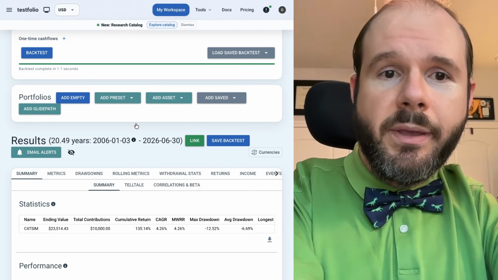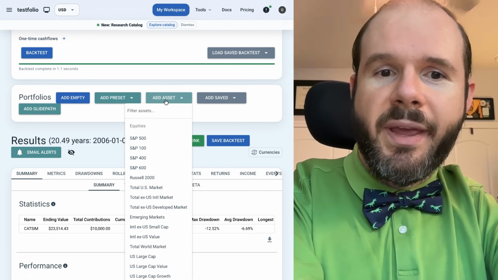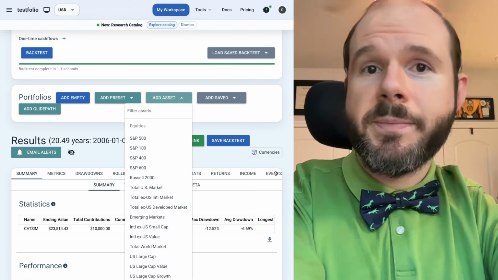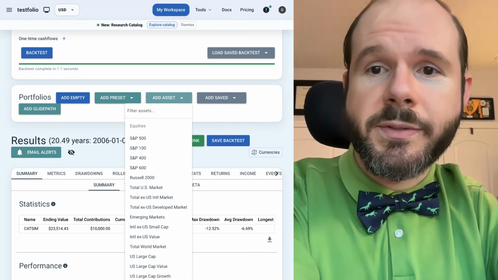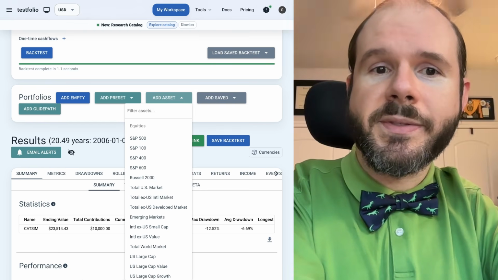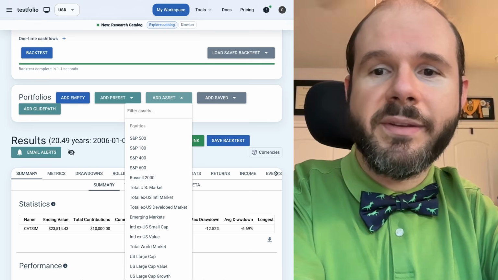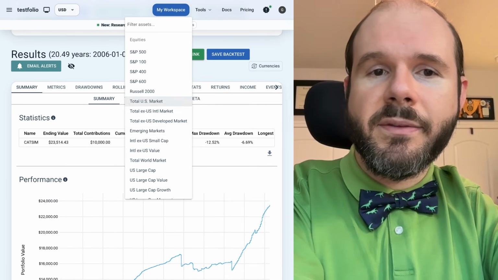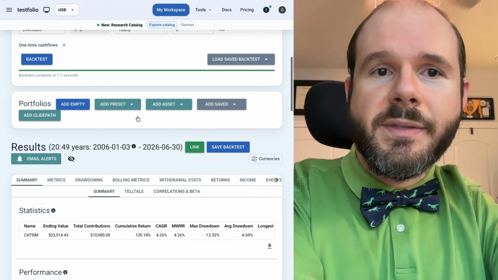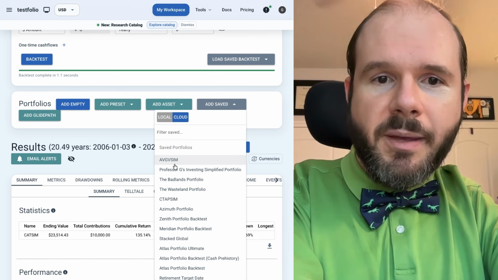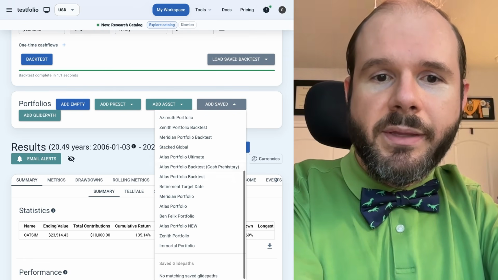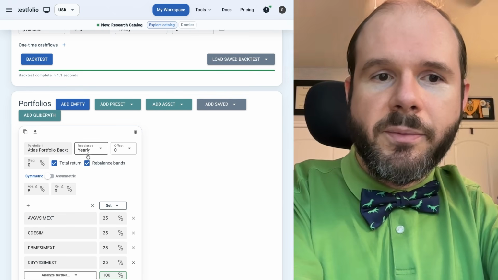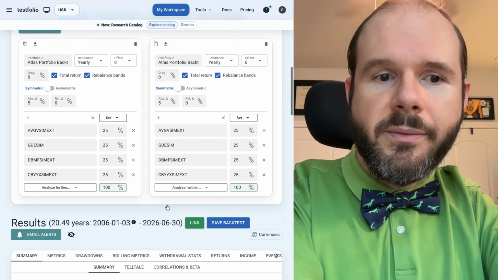And again, what I love about this is it actually underestimates performance because the ILS Advisors Index is not pure cat bonds. It's got a lot of other stuff in there that isn't as lucrative as cat bonds can be, but this will allow us to take our Atlas portfolio and instead of